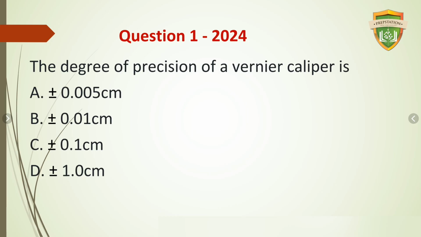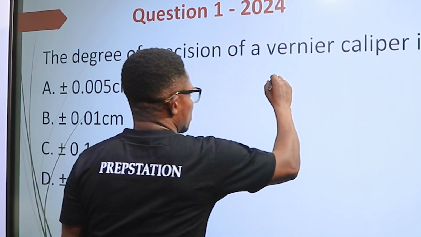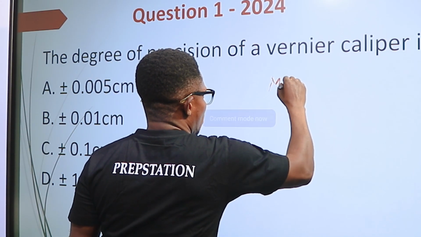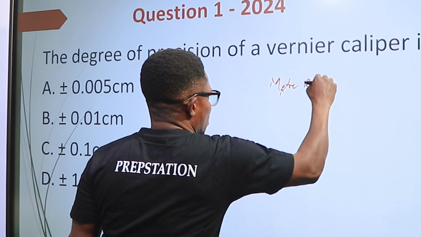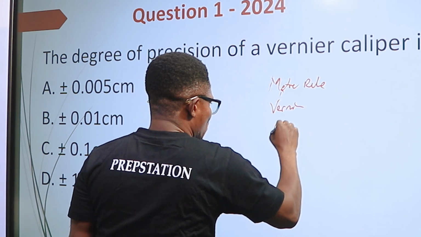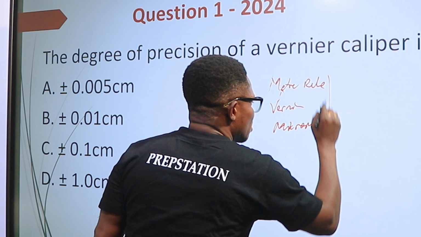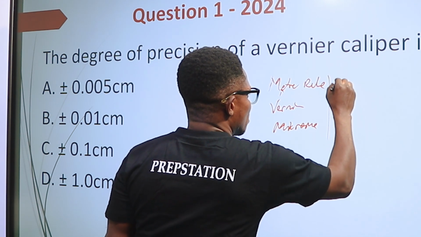The degree of precision of a vernier caliper is what? Now, what did I tell you? I gave you 3 instruments. Number 1, I gave you meter rule, and then I gave you vernier caliper. I gave you micrometer screw gauge. And what did I say about the reading accuracy? 0.1,